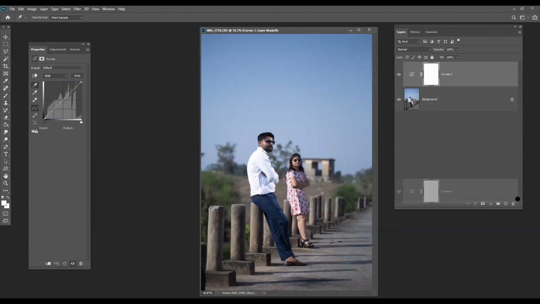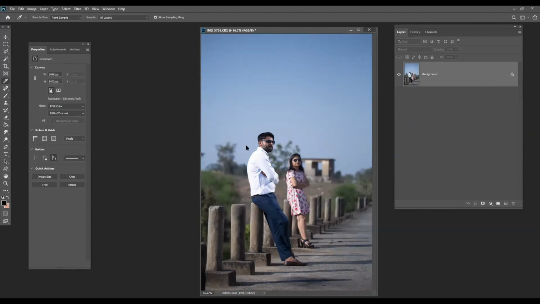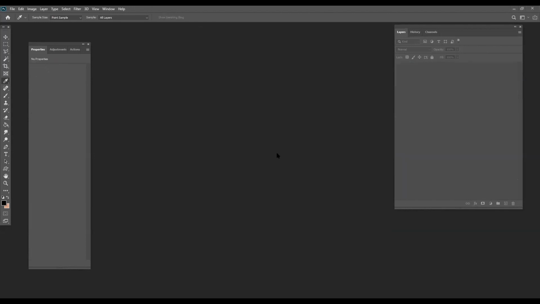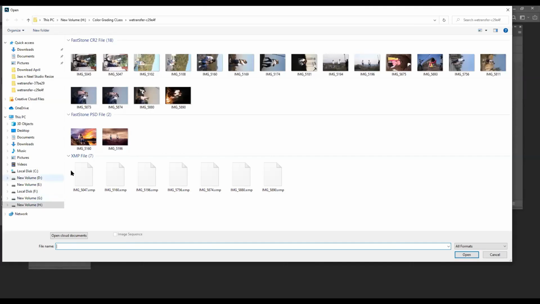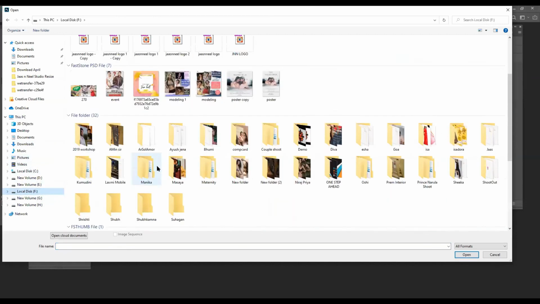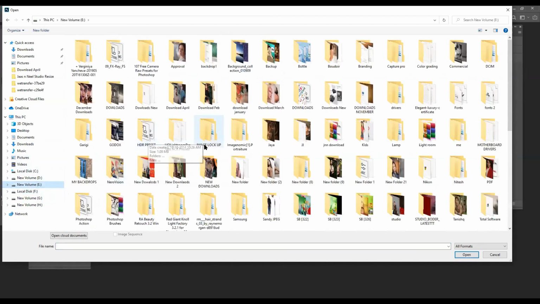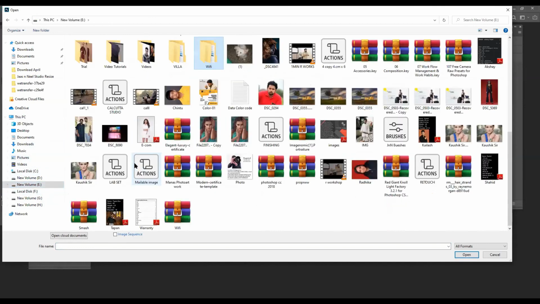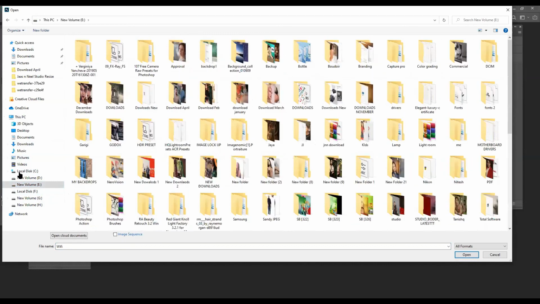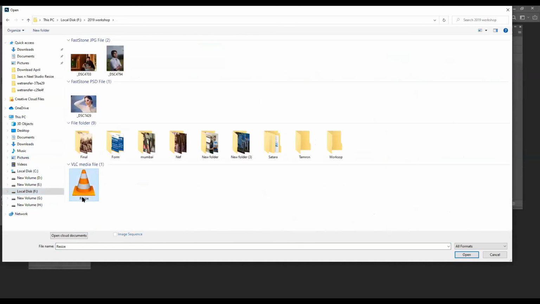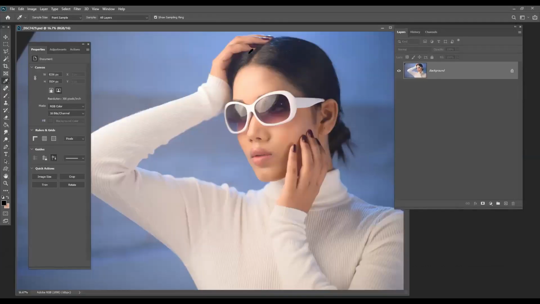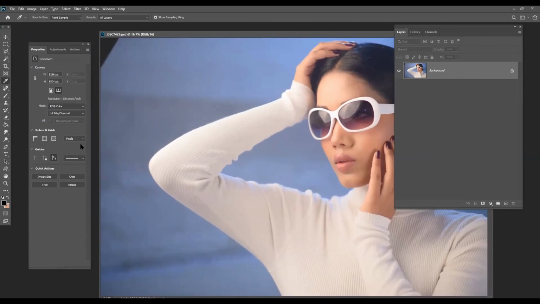Now next, one thing that we will do. Now this is an image.